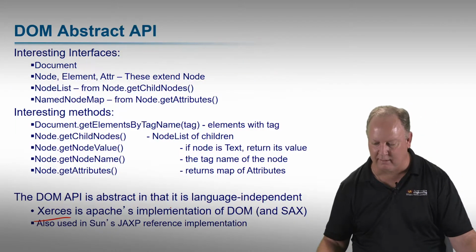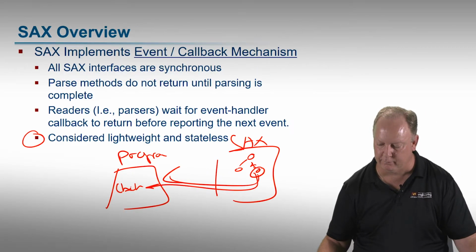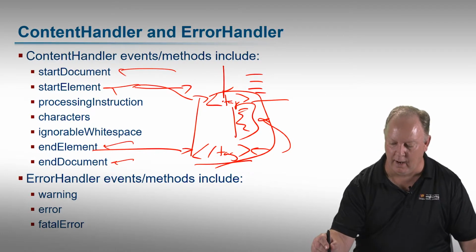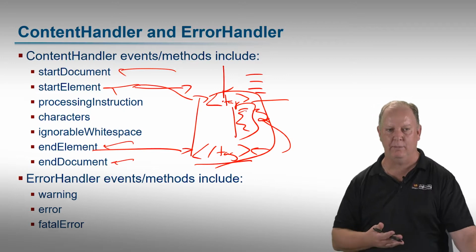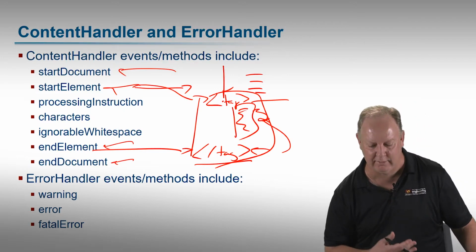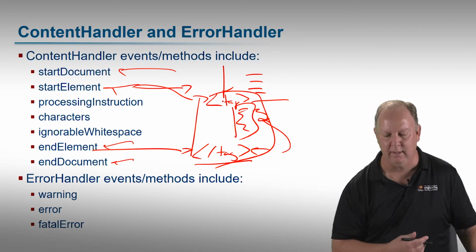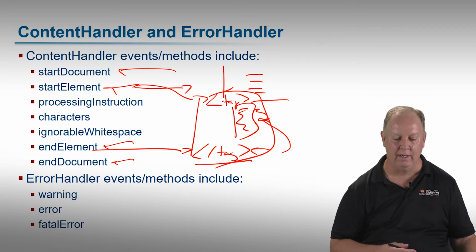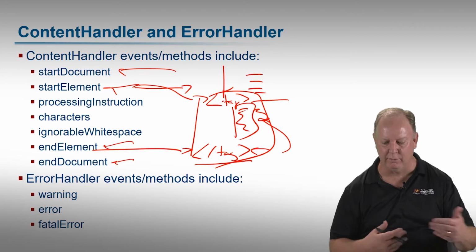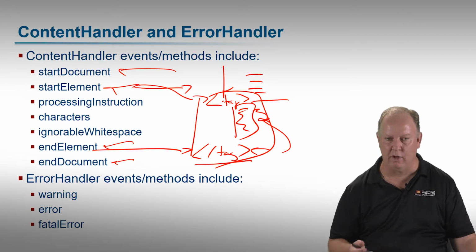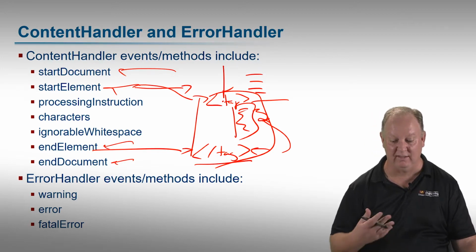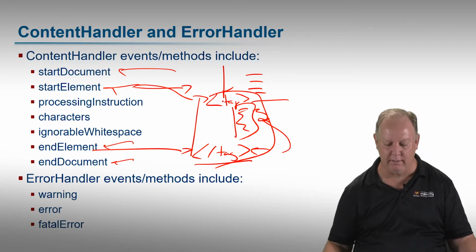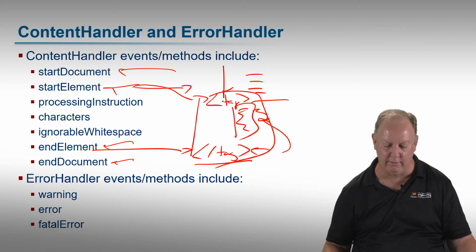What I'm saying is in SAX, I can't do that. In SAX over here, when I get to that part, I can't navigate to it because it's not in memory by default. I would have to create that state myself. That's what stateless programming is. That's what makes it lighter weight, because I'm not hanging on to all this stuff in memory, and I don't have to parse all the way through it. I'm doing it on the fly. But the drawback is if I want to do something stateful, doing it in a stateless model can actually be very tricky and careful programming that you have to do.